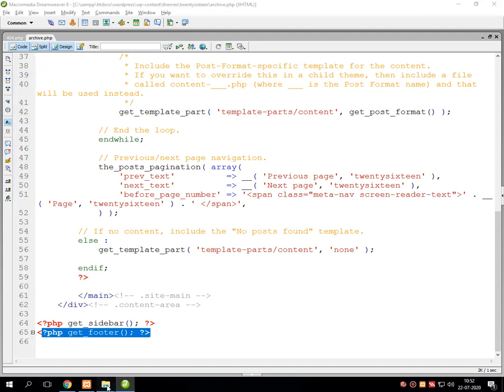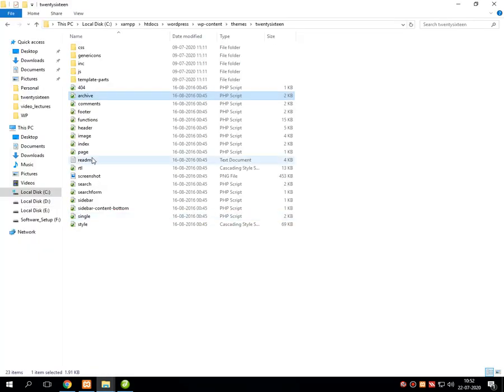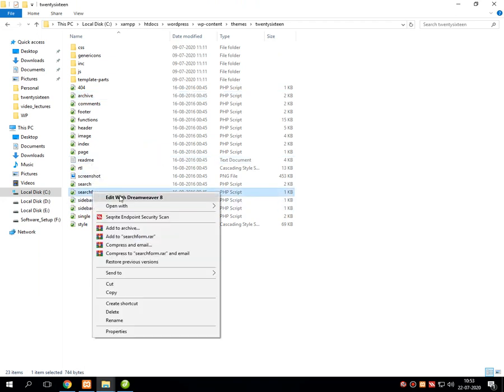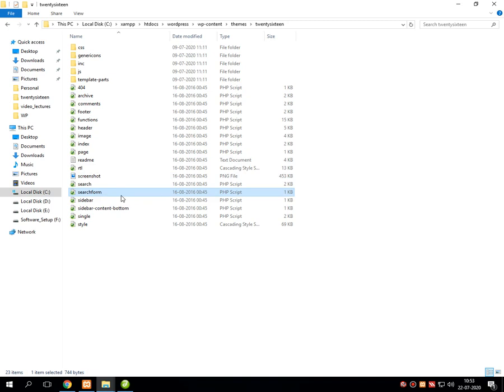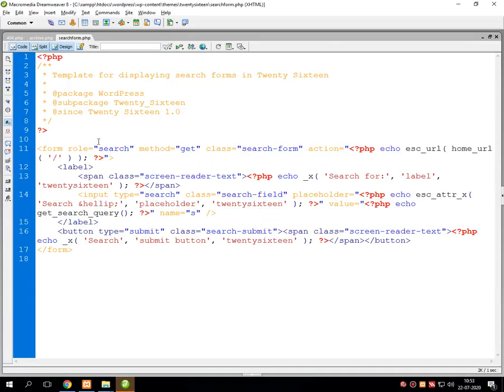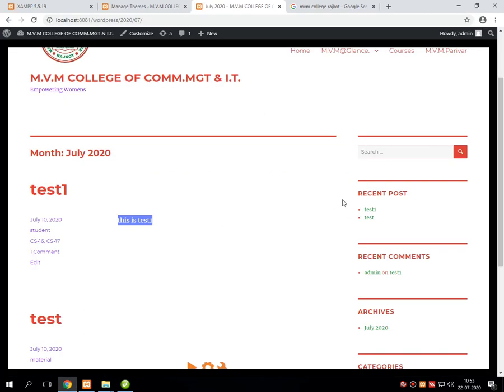Now we will move towards another discussion, searchform.php. This file is related to the bigger search text box that we get over the screen.